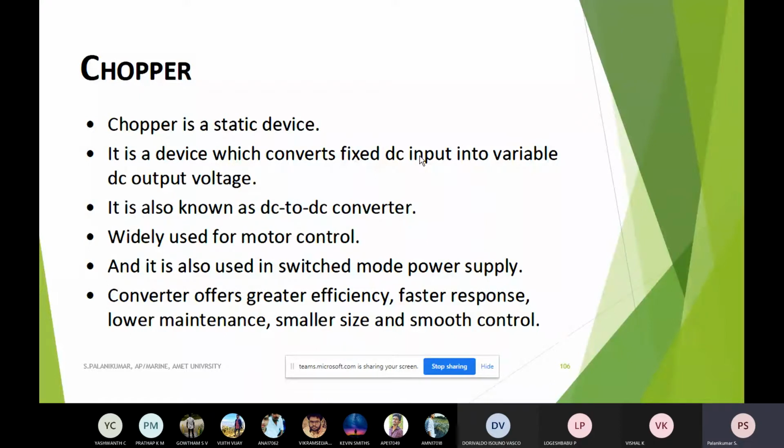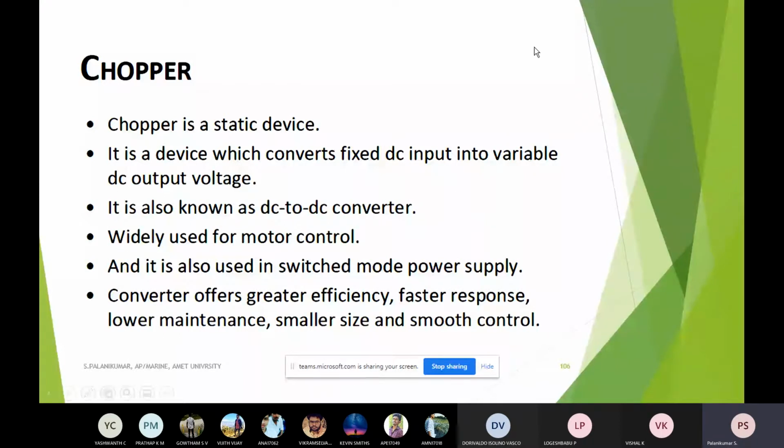In that case we have to provide a variable DC supply. I cannot have control over the power propulsion motor if I have a fixed DC voltage alone. There is a need of speed control, torque control, direction control, and regenerative braking operation. All these cannot be done with a fixed DC voltage supply. So I have to go for a variable DC voltage; that is, the DC itself should be capable of varying.